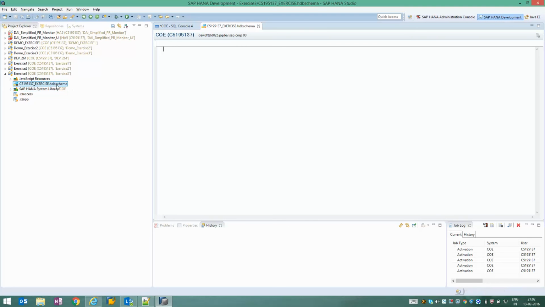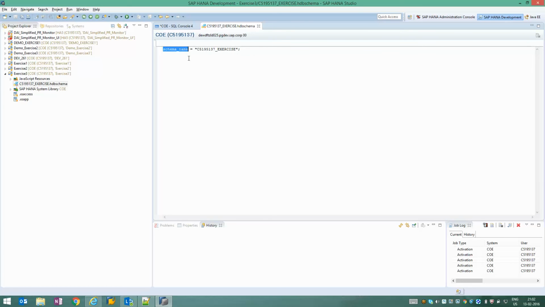So now you can see that my file has been created, and now I need to create the schema. To create the schema, the command is quite simple. This particular file expects only one parameter, which is the schema name. So what is the schema name that you are going to create? I have to give the exact file name whatever I have given for the file to the schema name attribute. Now the system is going to take this and create a schema upon activation.